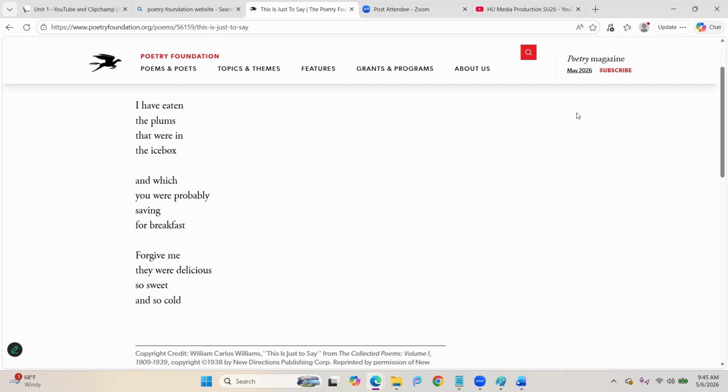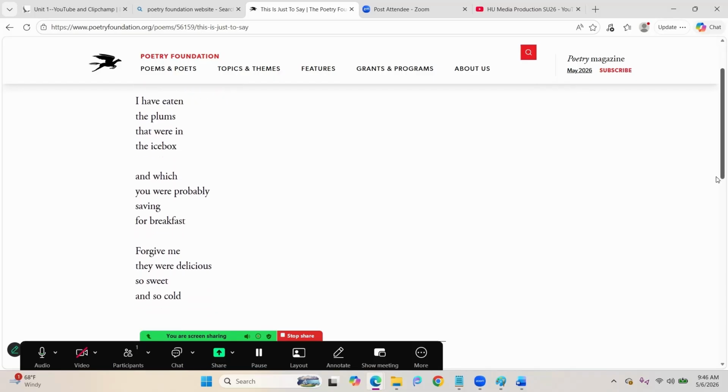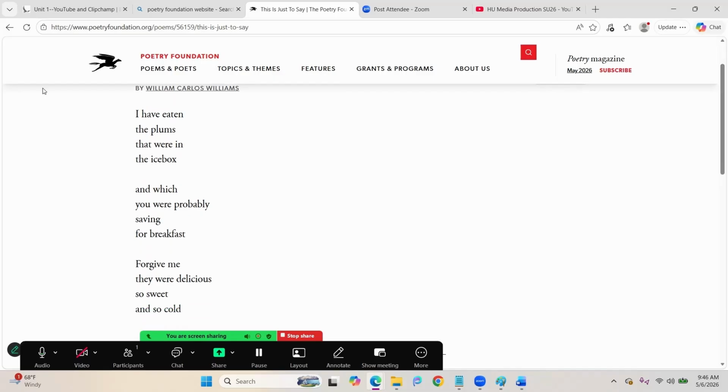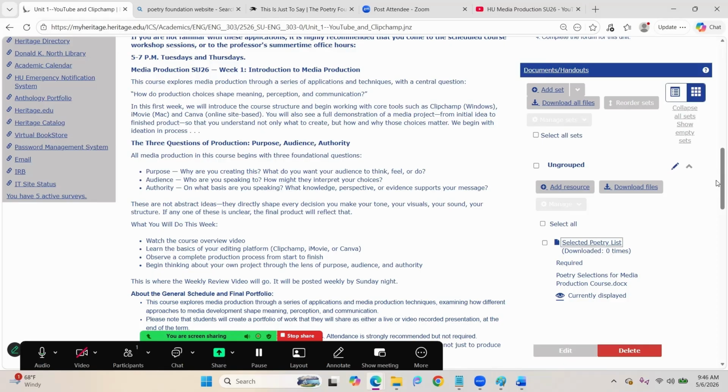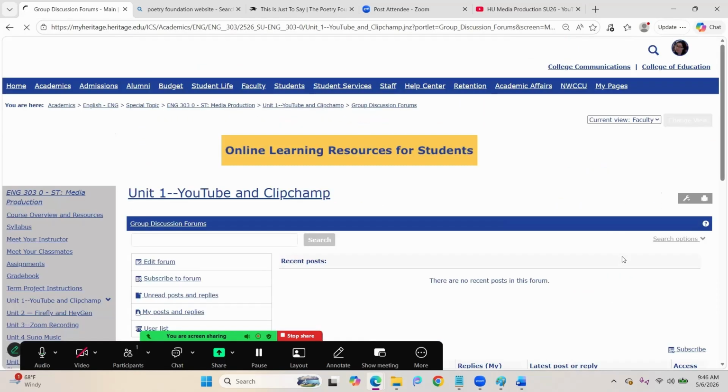Okay, so you've got a poem there, and in our course, you can choose to read the poem yourself if you want, or you can have an avatar do it. Getting a little ahead of ourselves. This week, the only thing you have to do is choose something. You choose that poem, and then you come to the forum home,